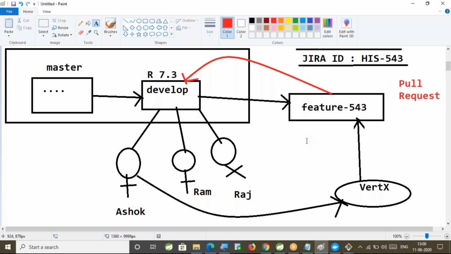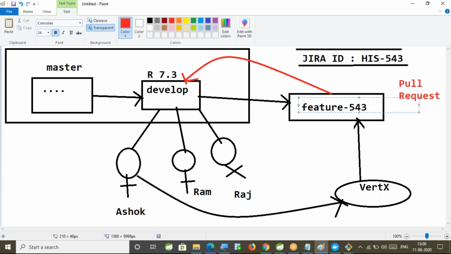In the industry, whenever you are working on any story, it is recommended to create a feature branch for every story. Don't do the coding directly on the develop branches, because other developers' code may be affected by your coding. The best practice is: from develop, create your own branch for your story. Create a branch with your story name. Nobody will question you why you created the branch. You can create any number of branches in the Git repository. That's not a problem.